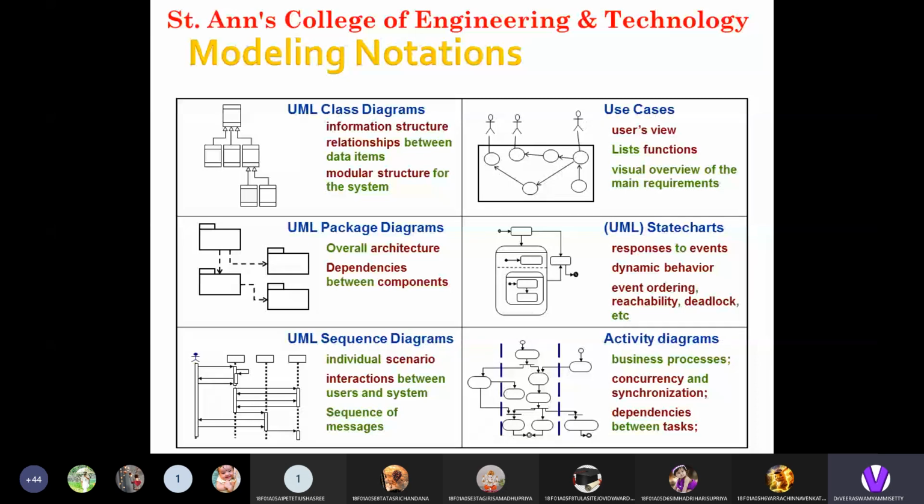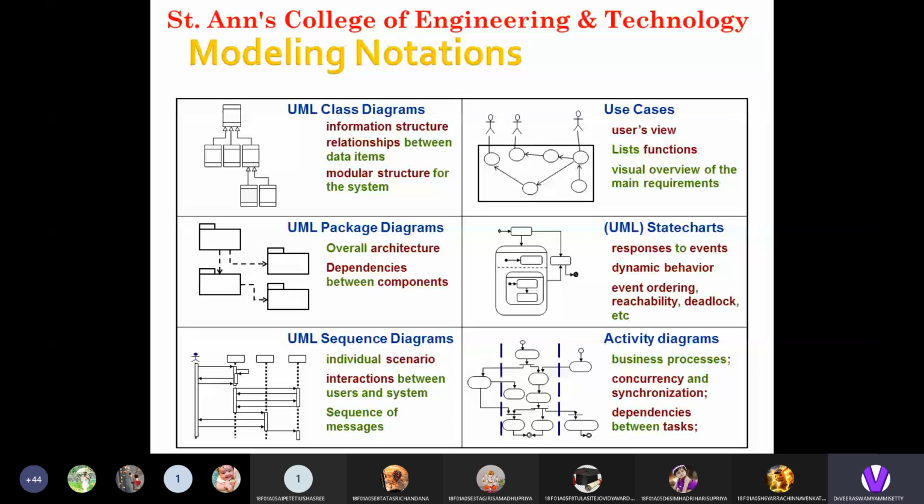Use case diagrams show the users' view, a list of functions, and a visual overview of the main requirements. UML package diagrams show the overall architecture and dependencies between components. UML state charts show responses to events, dynamic behavior, event ordering, reachability, and deadlock.